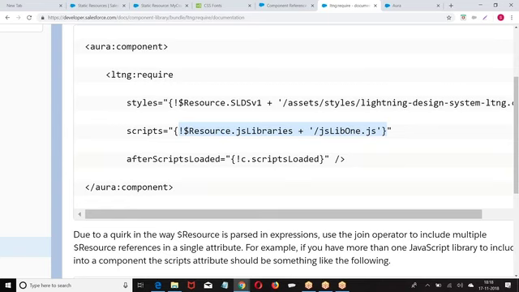Then include those static resources into the component using lightning:require. Now it will ask you single file or multiple files. Okay, this is my requirement.